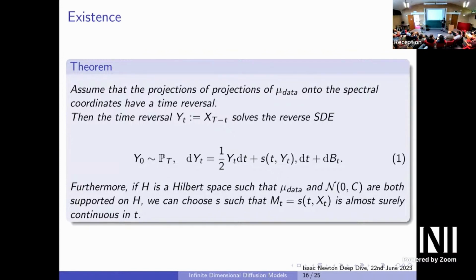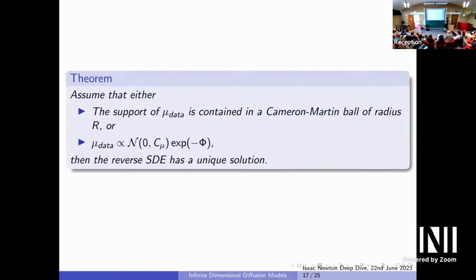Okay. Although, I'm not assuming yet that mu data is in the Cameron-Martin space, right? Mu data can also be on a larger space. So then uniqueness is for two cases, and the first one is assuming that mu data is in the Cameron-Martin space, on a ball of radius r, a Cameron-Martin ball. So you take this very nice, strong, smooth norm, and if your mu data is supported in this, we can show uniqueness. So for example, if you use C as the white noise, so as L2 white noise,